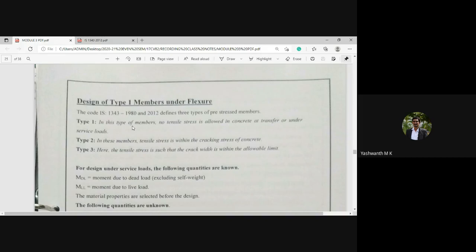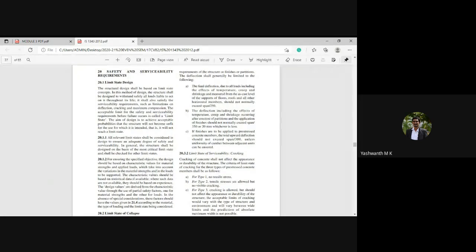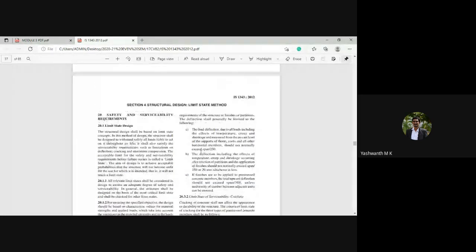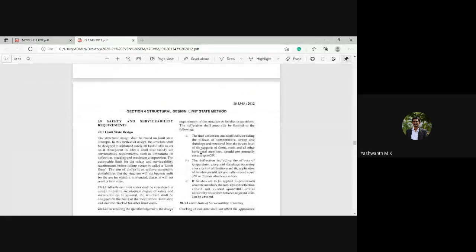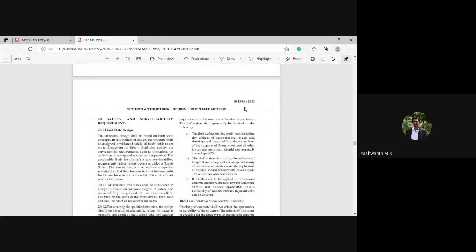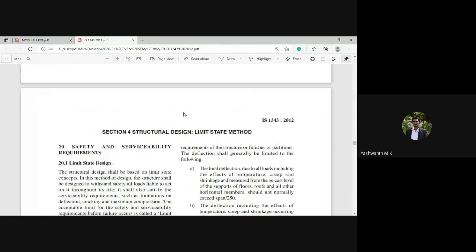In this connection, I am also going to discuss what exactly the code book IS 1343 says. So let me go with the code. Now I have gone to page number 29, IS 1343 2012, Section 4, structural design, limit state method.